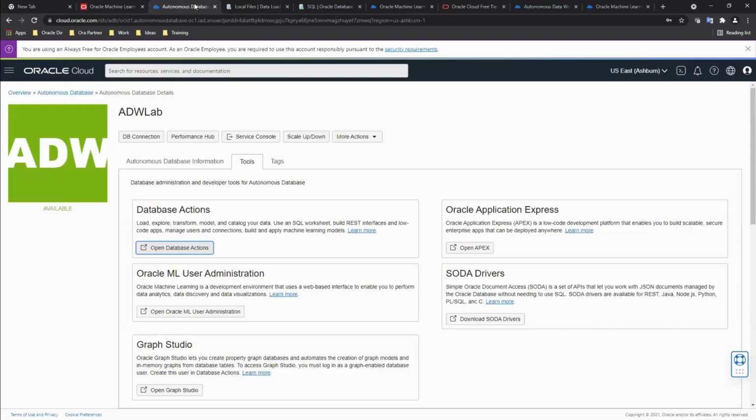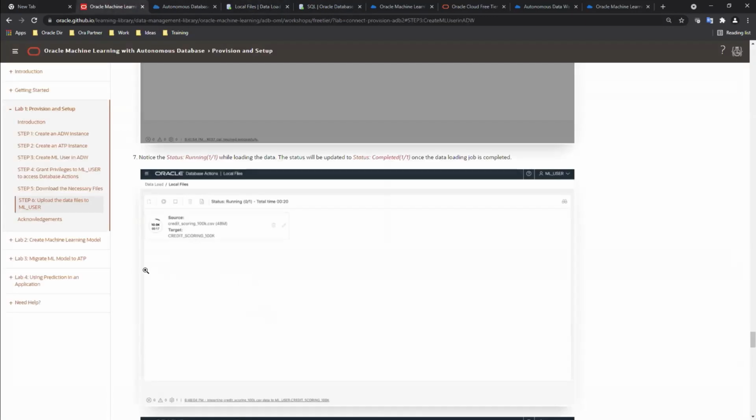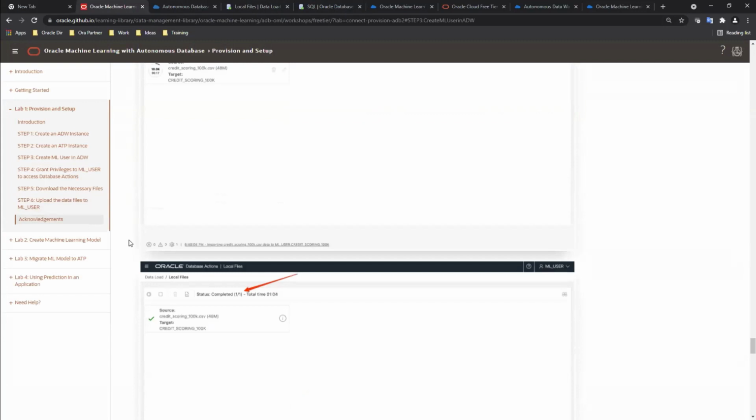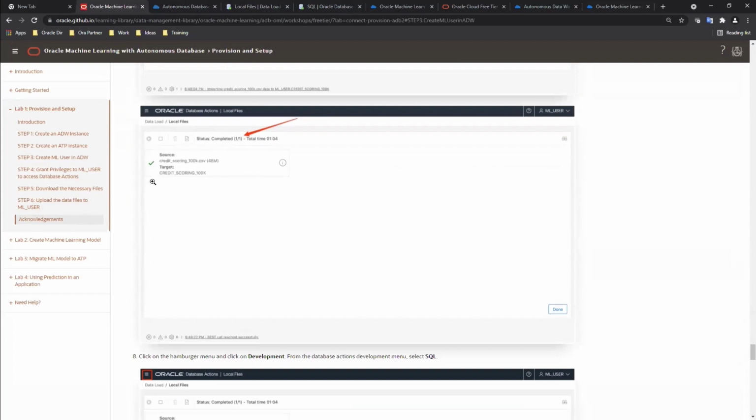And if we were to check back, it's taking a while to load, but it is progressing, right? And eventually what happens is once it has been completed, you will get a tick here. And the good thing is once you have loaded your data, you can then go ahead and check, just to have a look what sort of data has been loaded in and what are the columns and so forth